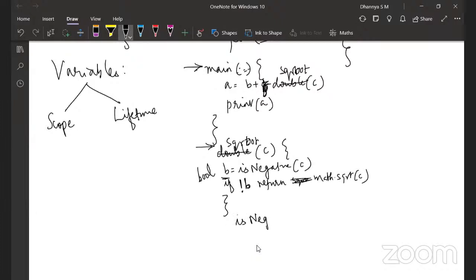Is negative. So this is another method, say, of N. Now what happens is, if N less than 0, return true, else return false. So this is the implementation of your is negative. Okay. So these curly brackets stand for a method block in Java. Not just in Java, in many programming languages, you have curly brackets. It is a block. Yes, it is a block. Please keep asking.